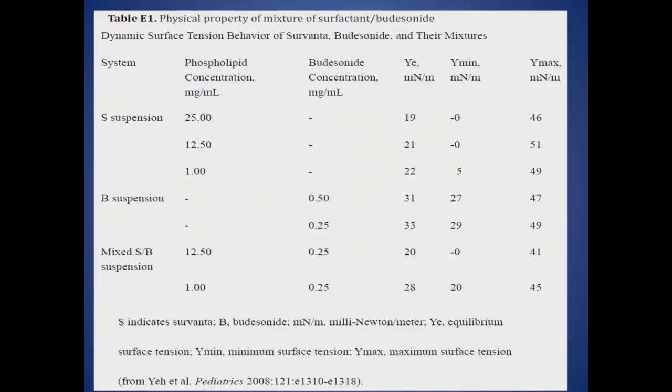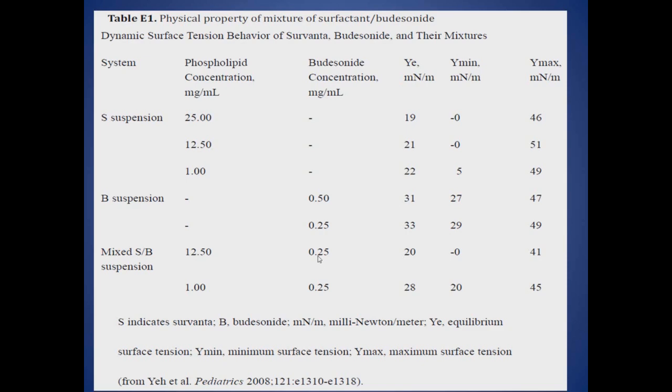Now, this table shows you the result of the surface tension, minimum, maximum, and average, using different concentration ratios between surfactant, in this case we use Survanta, and budesonide. As you can see, with the surfactant alone, 12.5 milligram per ml, their average surface tension, minima and maxima, as compared with the